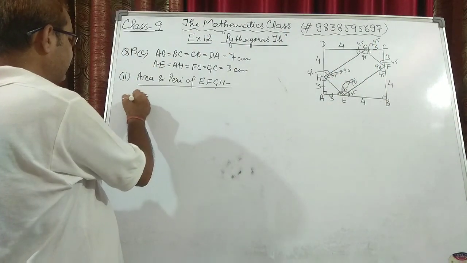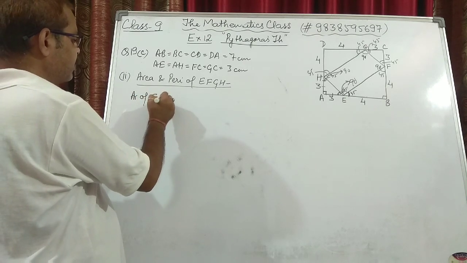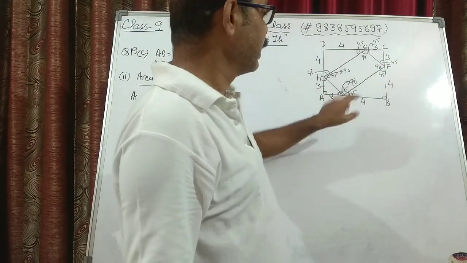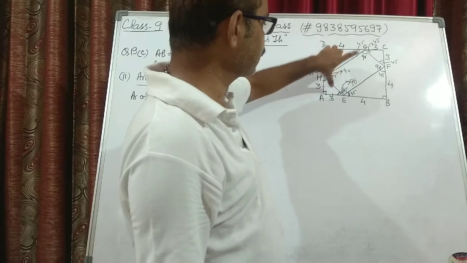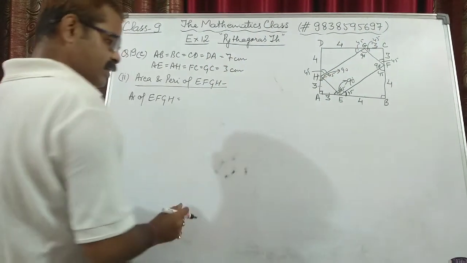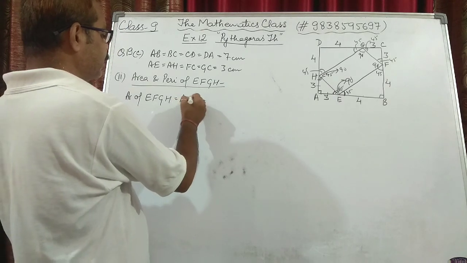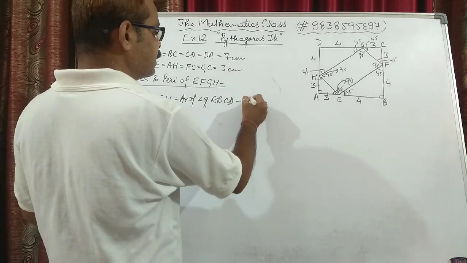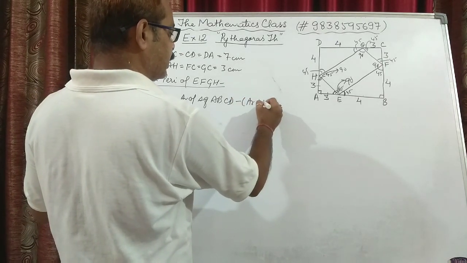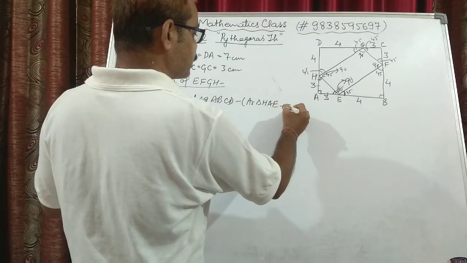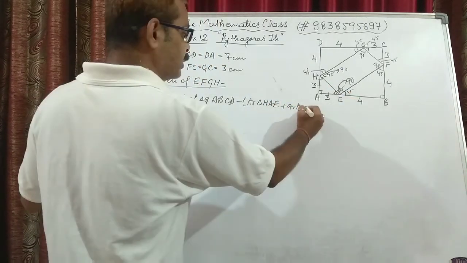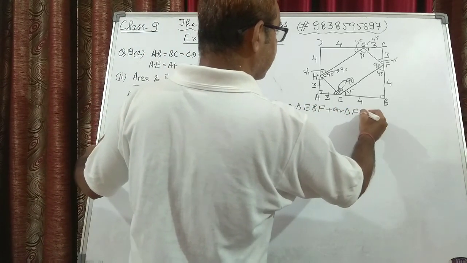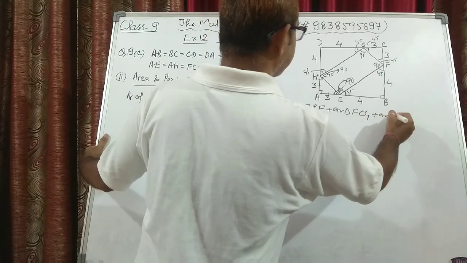So in order to find the area of EFGH, we can find the area of this total square and subtract the area of these two triangles plus these small triangles. So we can say that this can be written as area of square ABCD minus area of triangle HAE plus area of triangle EBF plus area of triangle FCG plus area of triangle